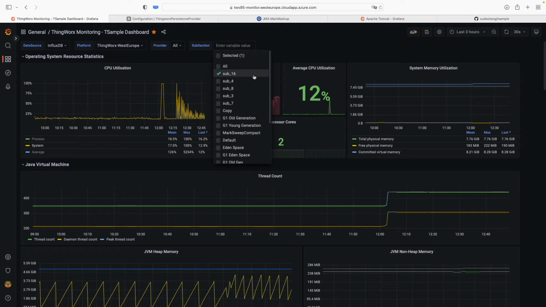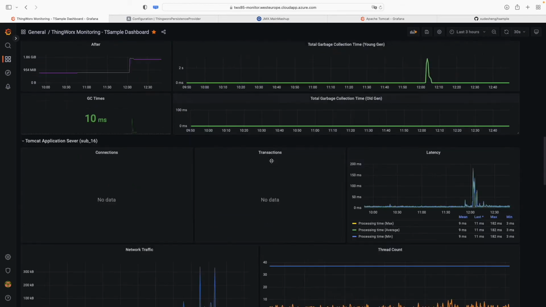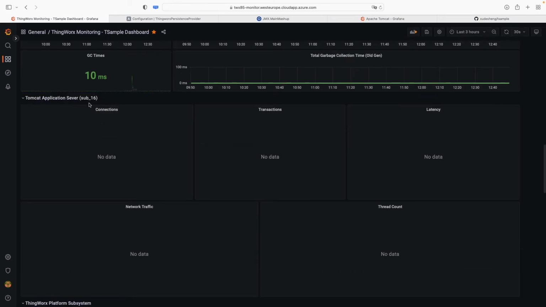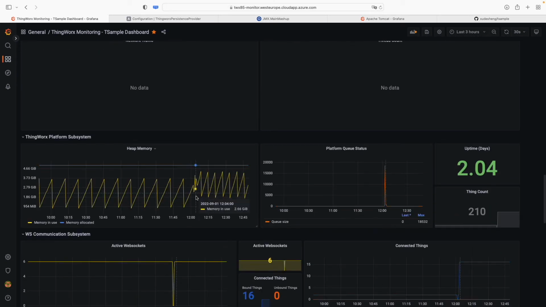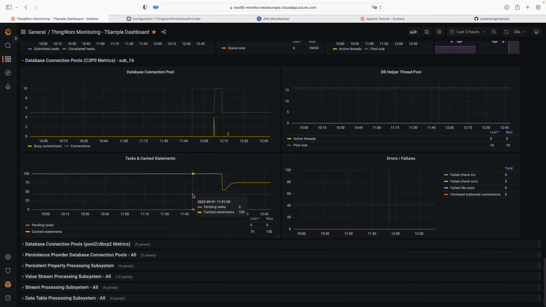So here I only want to look at the ThingWorx persistence provider, so I select sub 16, and sub 16 is then going to show me... that has nothing to do with Tomcat, right? That's why nothing is showing up here, because I haven't selected those HTTP NIO2 8080. But for the C3PO section here, now I have the 16 pool size, and now I'm looking at specific statistics as well as errors and failures for